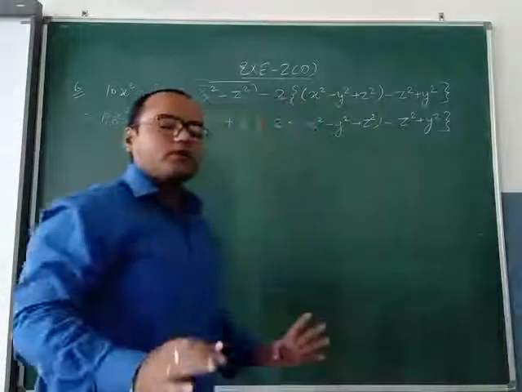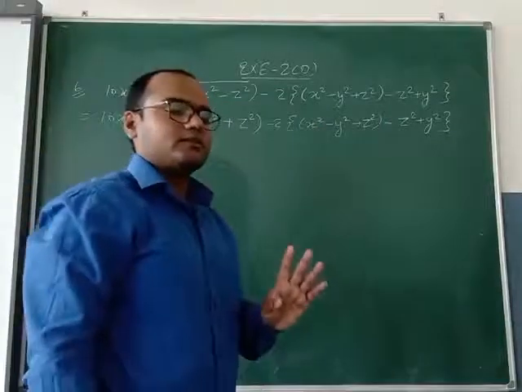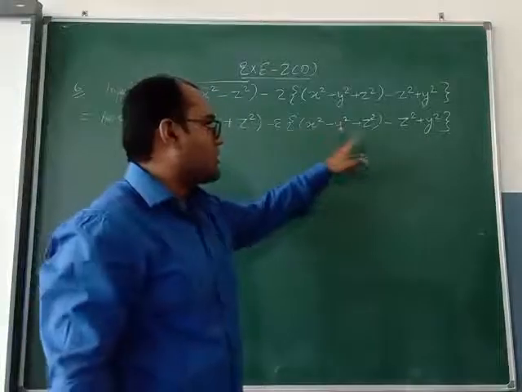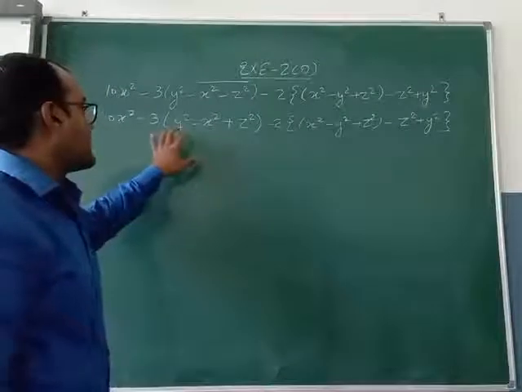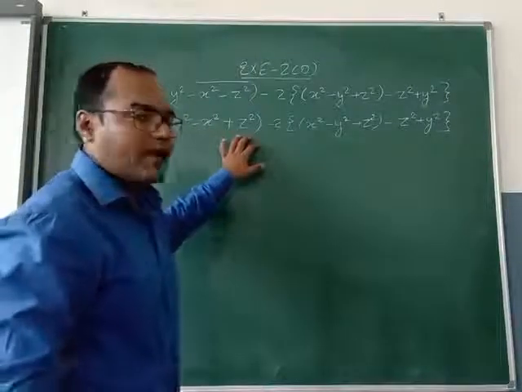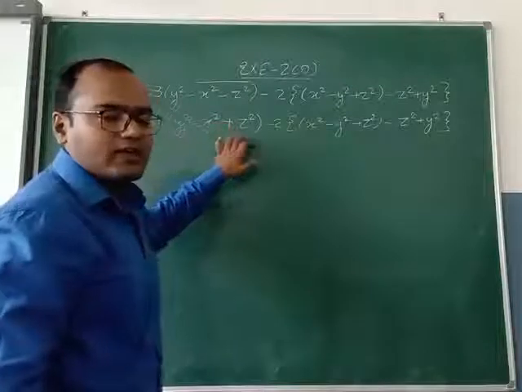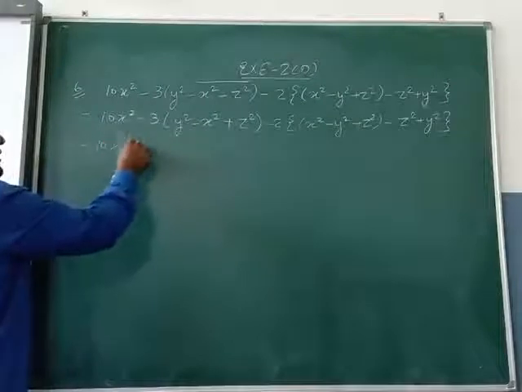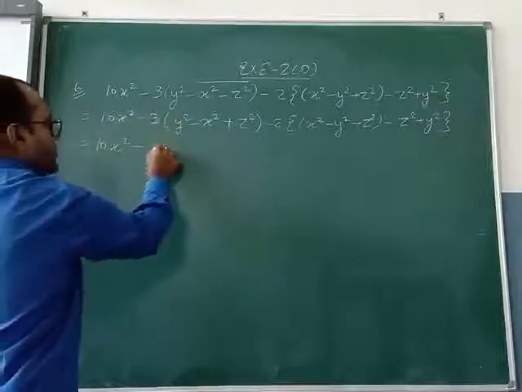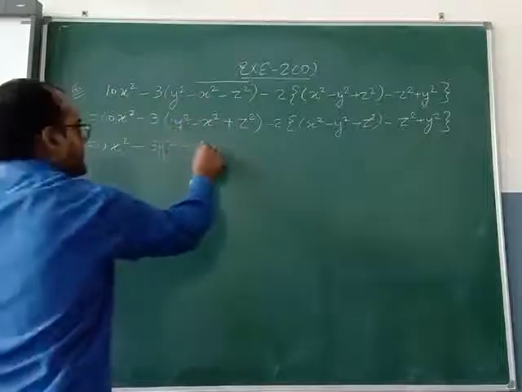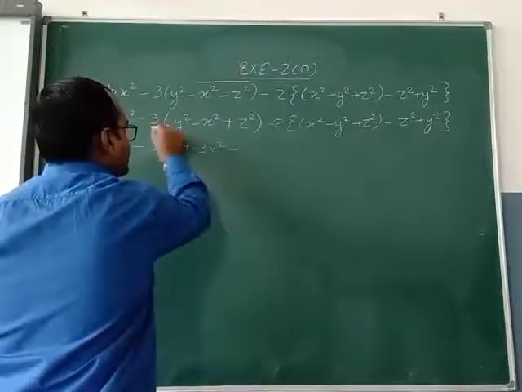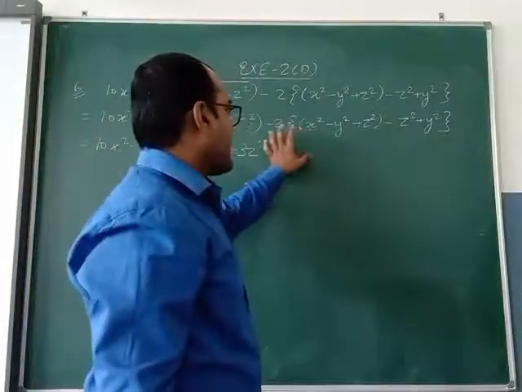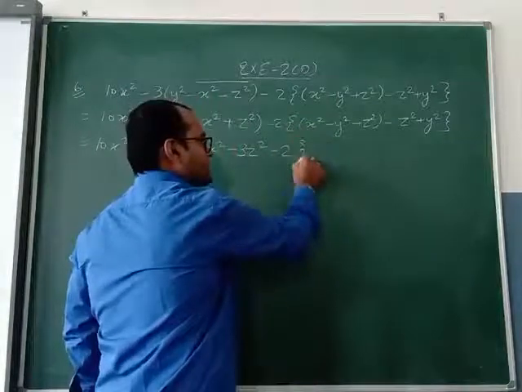Now bar is removed. We can use BODMAS. BODMAS means bracket we have to solve first. Which bracket? Small. So here it is a small bracket and here also it is a small bracket. Inside the bracket all three are unlike terms: y alphabet, x alphabet, z. So we will open the bracket. 10x square minus plus minus 3 into y square 3y square minus minus plus 3x square minus plus minus 3 into z square 3z square. Now minus 2 as it is, curly bracket as it is.